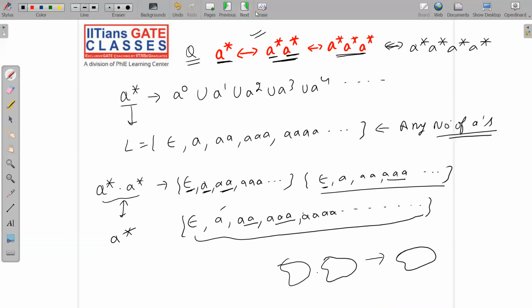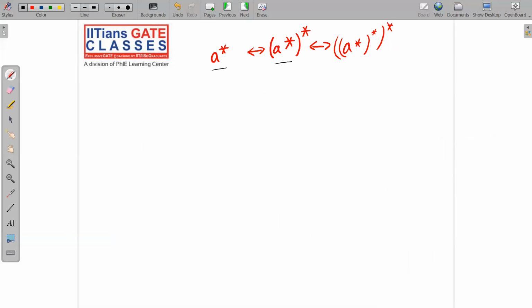I am jumping to next slide. What about this? a star is equivalent to a star star, is equivalent to a star star star, and so on. What do you think? Is it true or not? A star you already know. What about a star star? See, I am trying to open it up. A star star will be equal to what? That will represent what? A star power 0 union a star power 1,